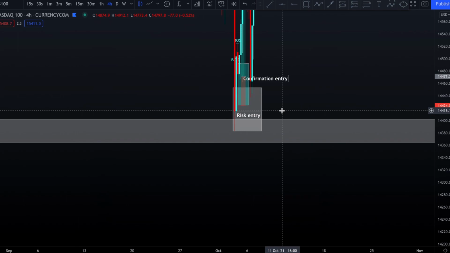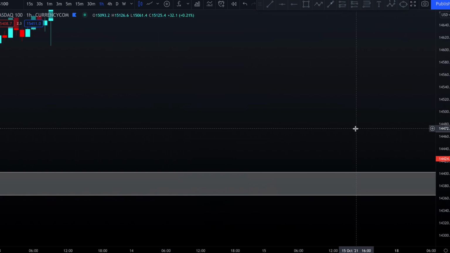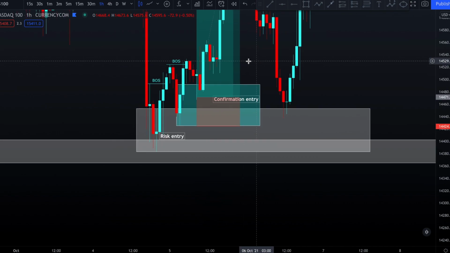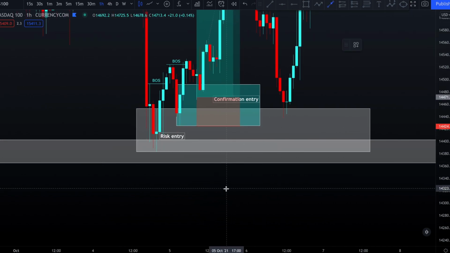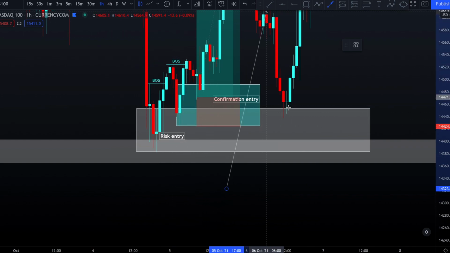What did I say? We have our point of interest, this big order block that we've now gone back and found. I probably should have done that first to show you guys, but this order block over here that we went and found would be our point of interest. We don't know for sure that price will react off of here, but how do we get our first confirmation? We get a price tap into that order block, break structure, retest that new order block that's been formed, have our risk entry, break structure again, confirmation entry, and boom, we're